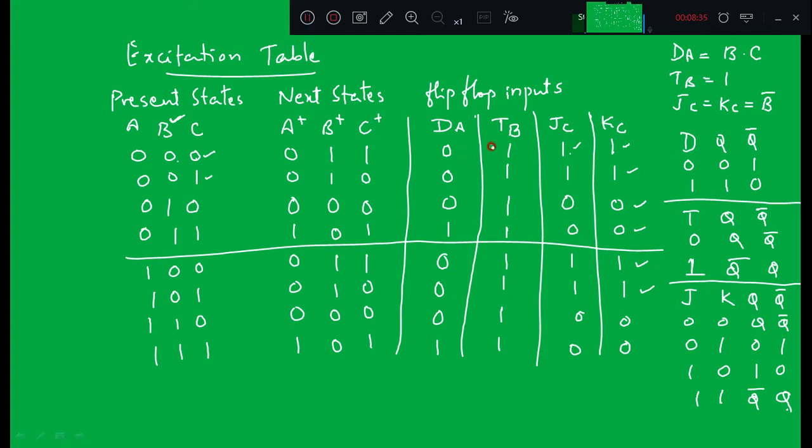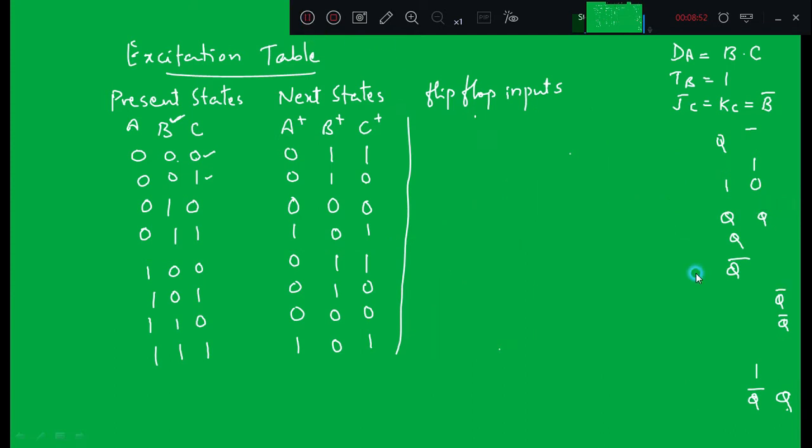So here I am going to draw my final state diagram in this slide itself. So I want to erase some of the part of this table. Okay, and this table I will erase, and even these two tables also I will erase. Okay. So now we will start with the first state.